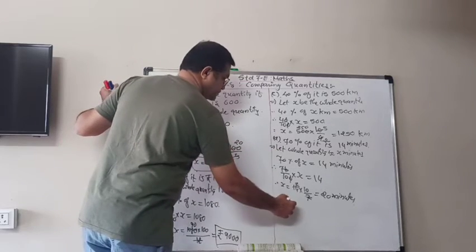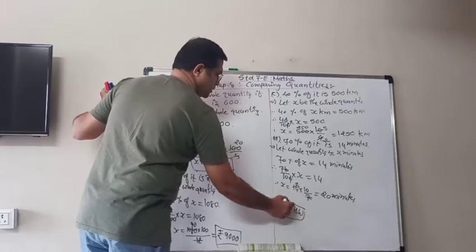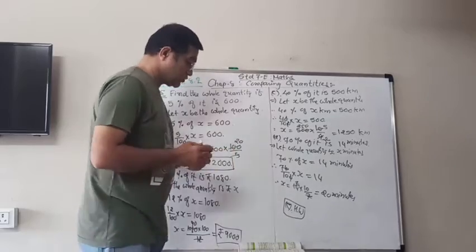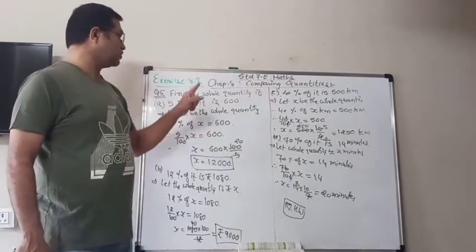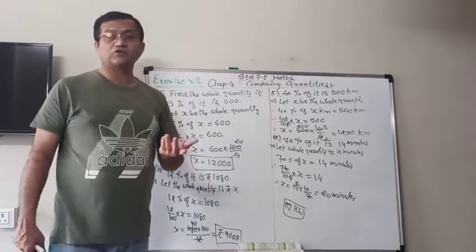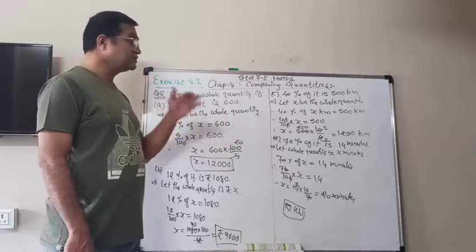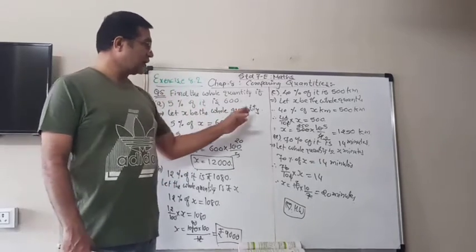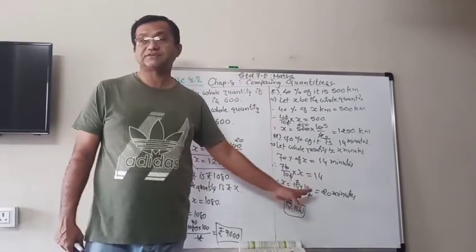The last, E, you can do yourself. It is the same as this. 8% of it is 40 liters. So whenever, as I told you, we have to find the whole quantity, it means that 5% of it is given already. Then you have to do like that and find the value of x to get the answers.